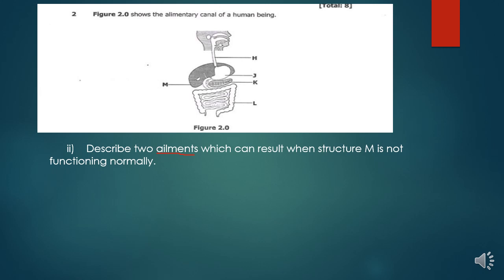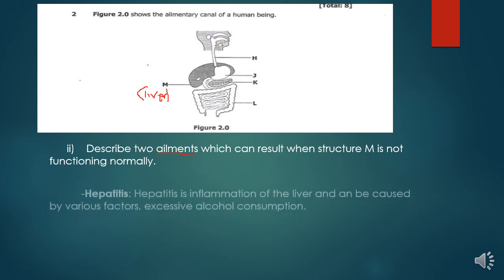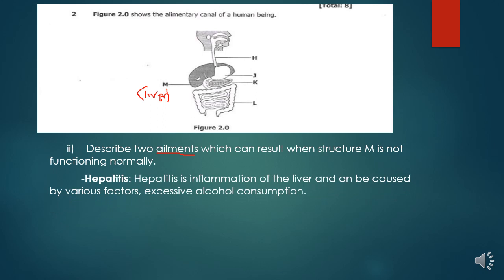We have said that structure M is the liver. So what problem can result if the liver is not functioning properly? The illness that can actually develop is